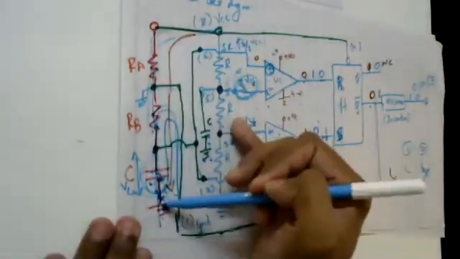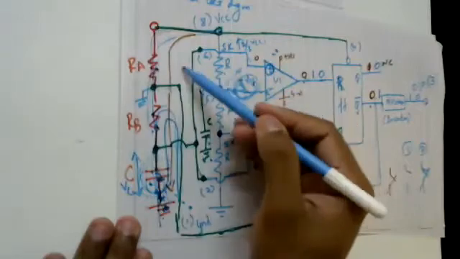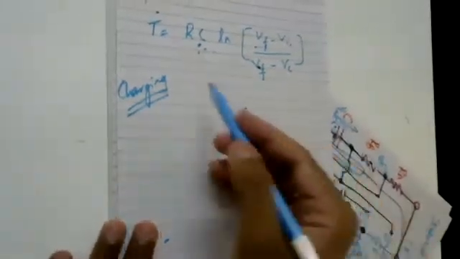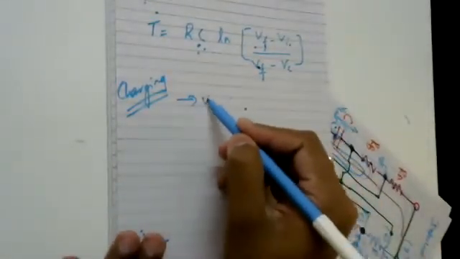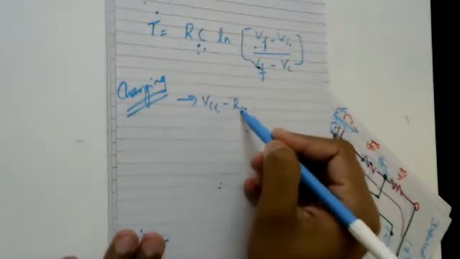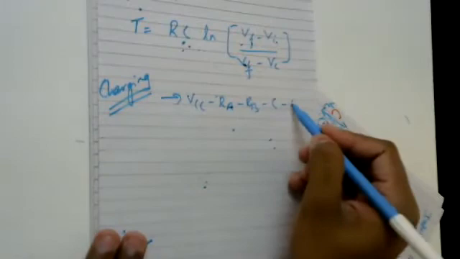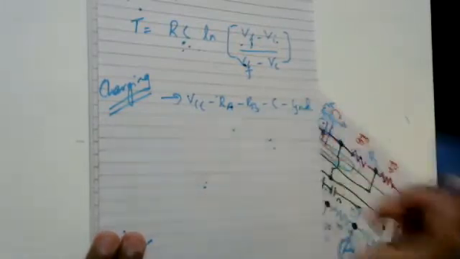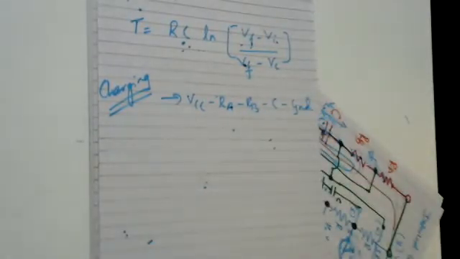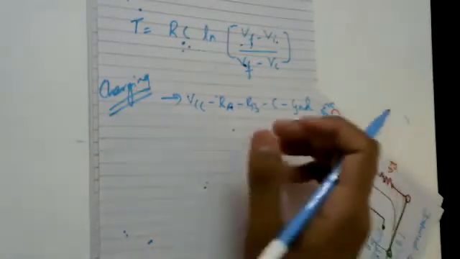So while charging, it uses the path VCC to RA, RA to RB, RB to C, C to ground. This is the path that our C is using to charge itself. Okay. So in this condition,